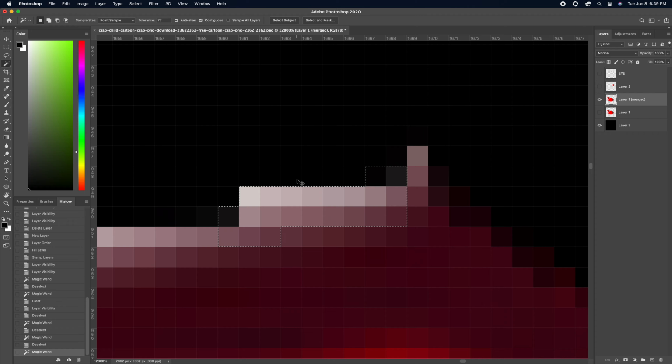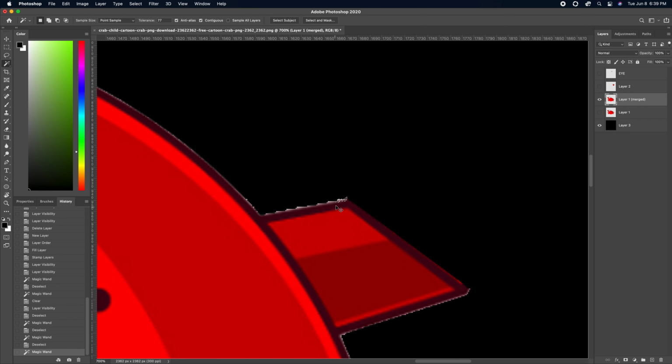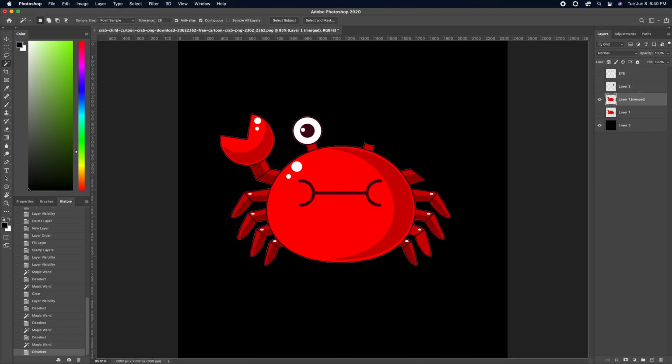So now if we zoom out, you're going to see that we see that as white debris, but it's not actually white. So that's what tolerance of color over here is going to do. The preset default is 26. So it gives you kind of an edge that is not so clean. But if you have an alpha background, right? You zoom in like that, it's not going to show as well as if you do